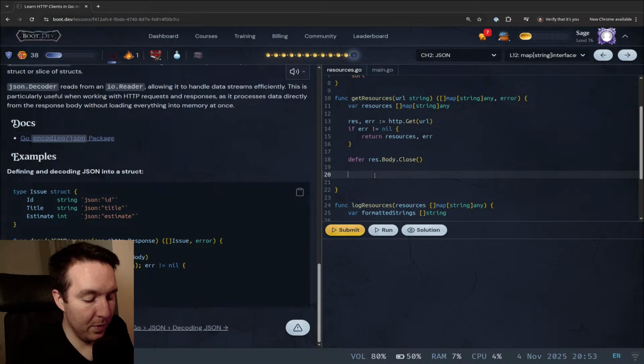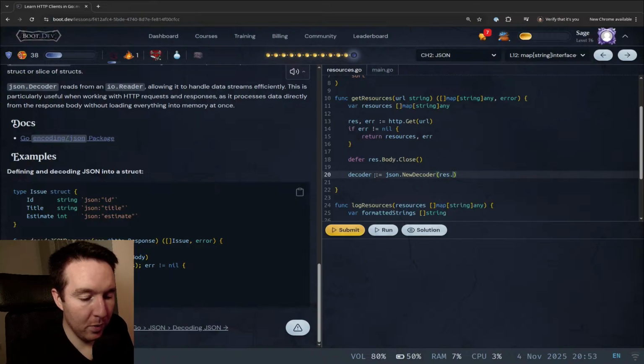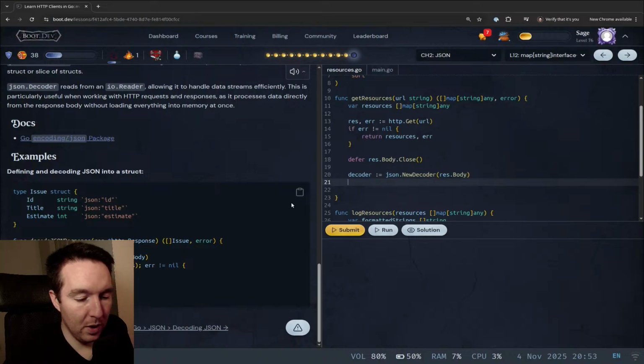So decoder equals json.NewDecoder and get a response.Body. Yeah, so then if error